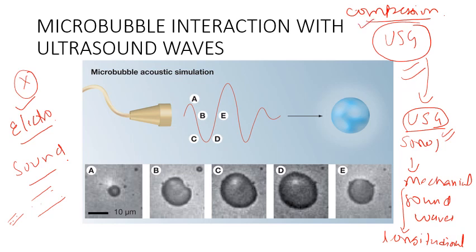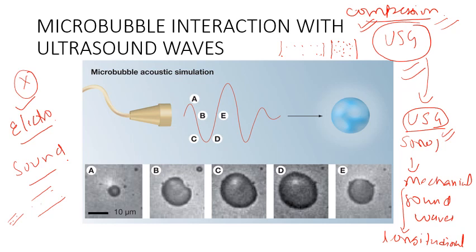During compression, molecules are tightly packed and pressure is high, and when the pressure is released, rarefaction happens and molecules are not tightly packed. Similarly, simultaneously with the compression and rarefaction of the USG wave, these microbubbles change their